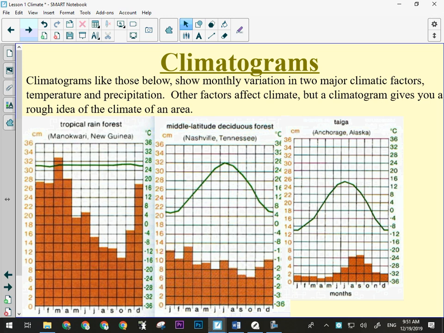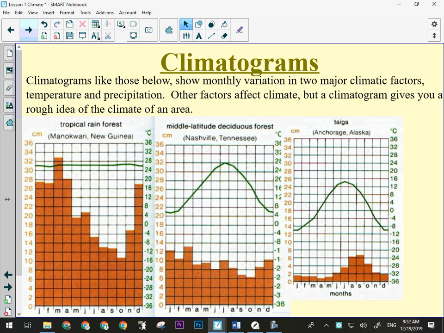So we can see that in this tropical rainforest, there are some months that are wetter than others. Their wettest month is April. No, March. And they get 33 centimeters of rain. If we would ever get 33 centimeters of rain in a month, we'd be 2013 all over again, because we only got, what did we get that one? We got like 75 millimeters, or something like that, in the space of a couple of days. That's 7.5 centimeters of rain, and look what happened. They're getting 33 centimeters of rain in a month.